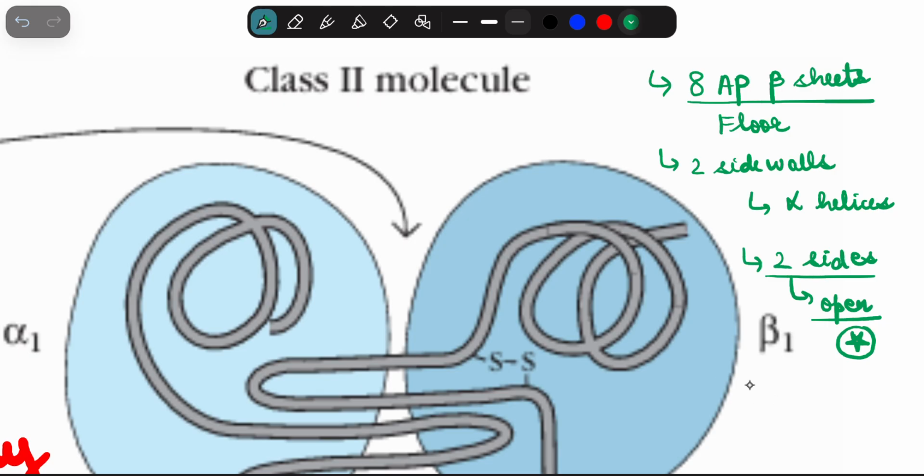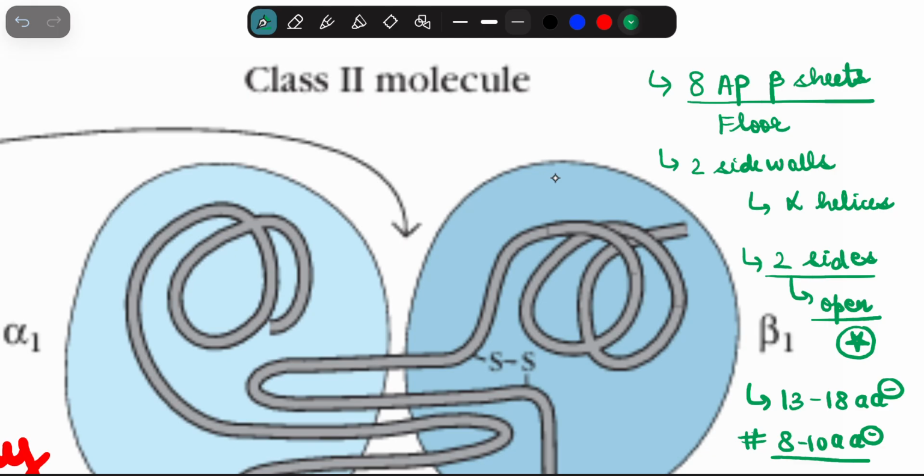So here the restriction of the antigenic peptide increases to about 13 to 18 amino acids long, while in class 1, if you remember, we had only about 8 to 10 amino acids long. Why? Because in class 1 the cleft was covered from all the four sides, but in class 2 it is not the case. The two sides are open, so there the antigen can easily span through the two open